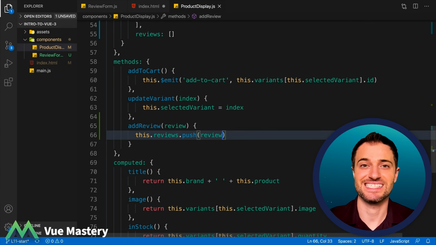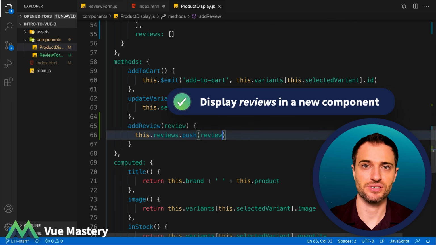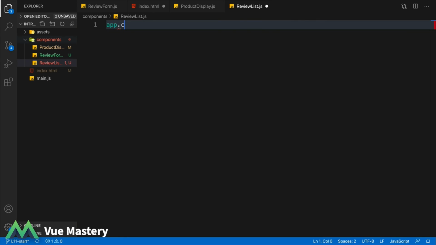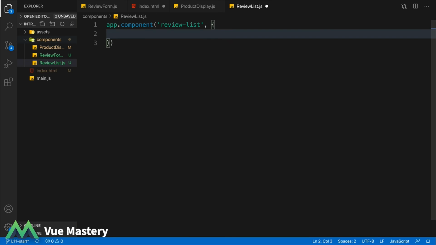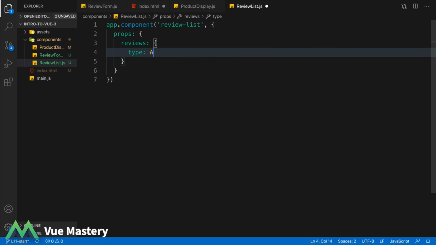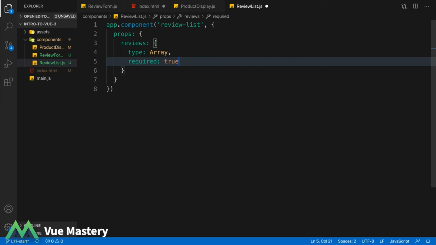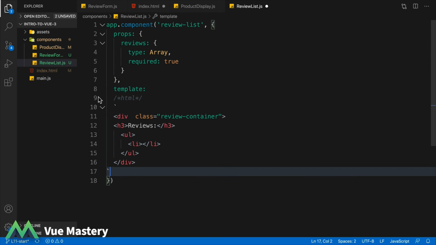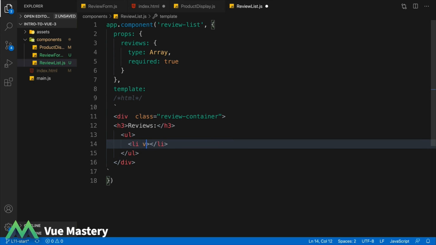Now that we've implemented the ability to add reviews, we need to be displaying those reviews. So let's create a new component to do that. That component will be called review list. It will have a prop so that it can receive the reviews, which will be of type array and required. And below, I'll paste this template. We'll add a v-for so that we can print out each review from our reviews array, including the index so that we can bind the key attribute to it,